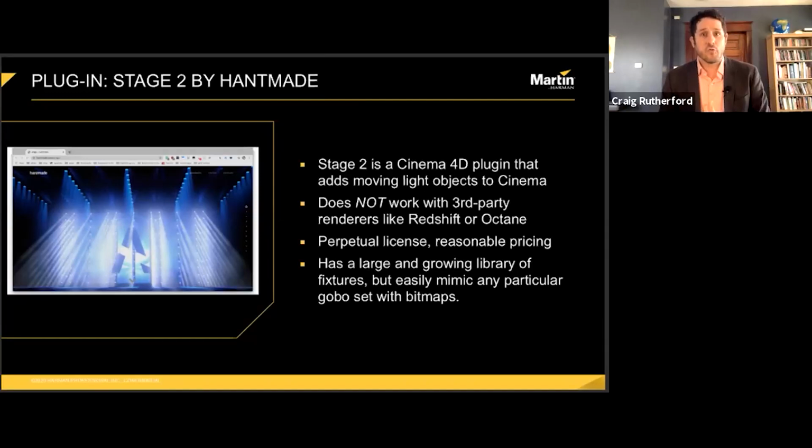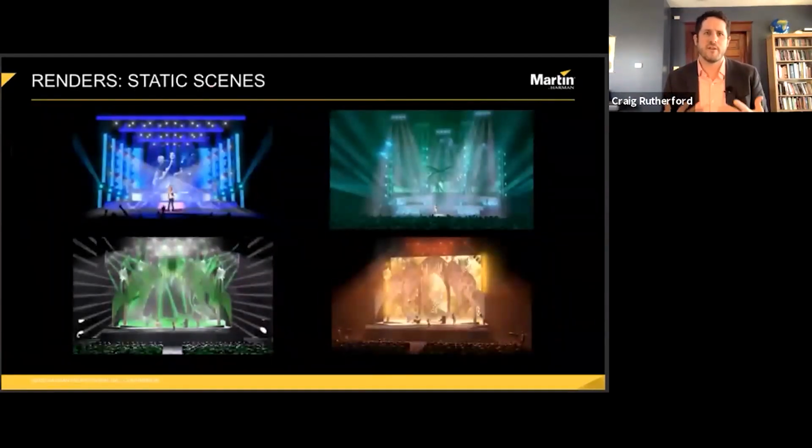Once all the lights are correctly positioned, it is time to start making scenes, which is the really fun part. I typically make about 10 static scenes, and I try to make each one different, of course, with a different gobo selection, different colors, positions, just like I would with a real show.